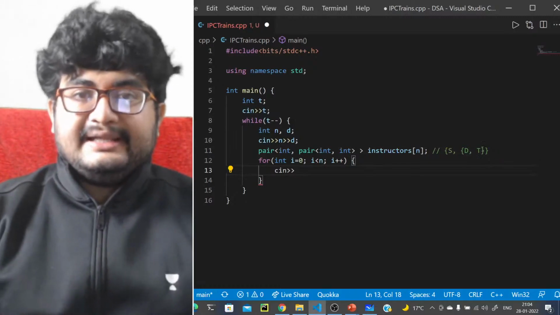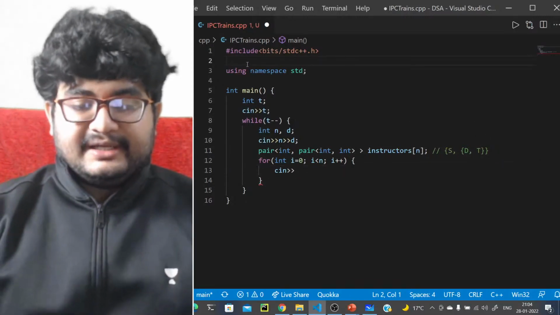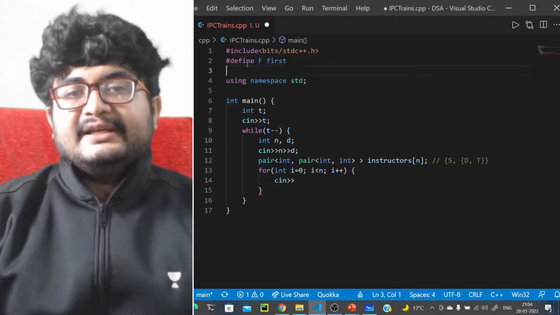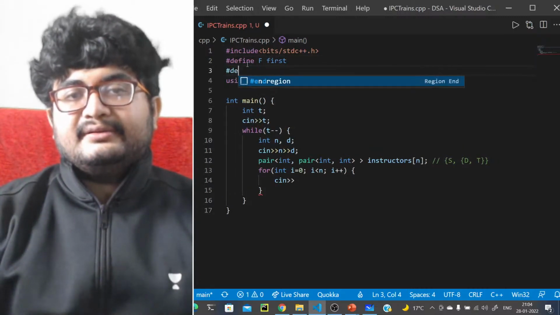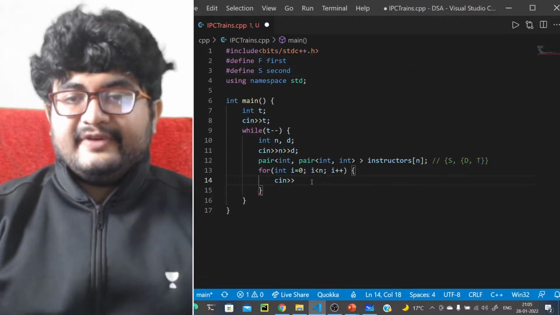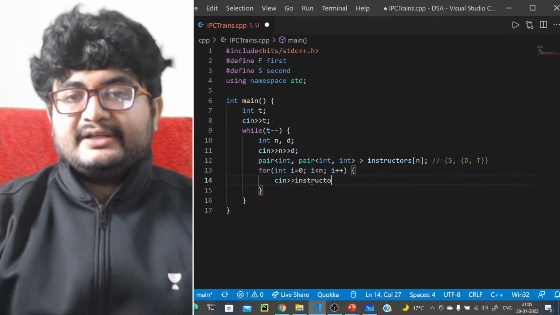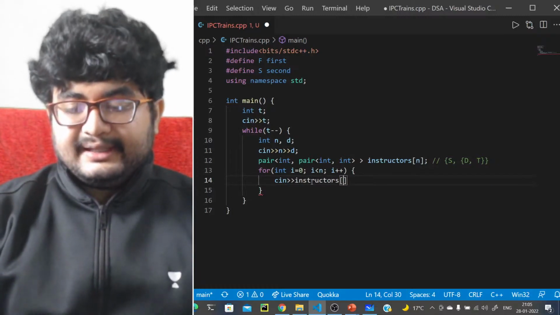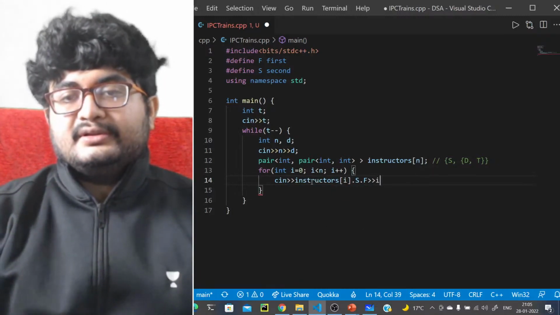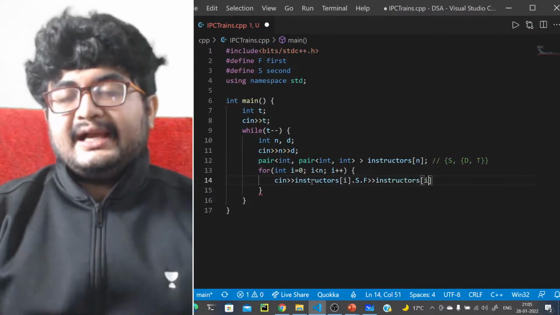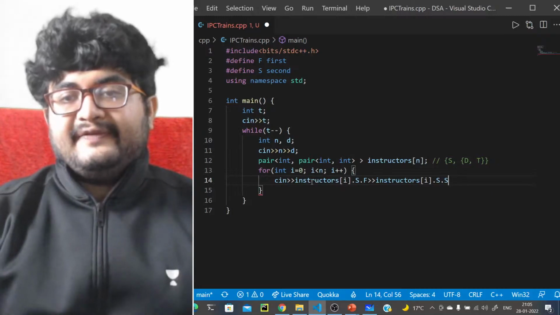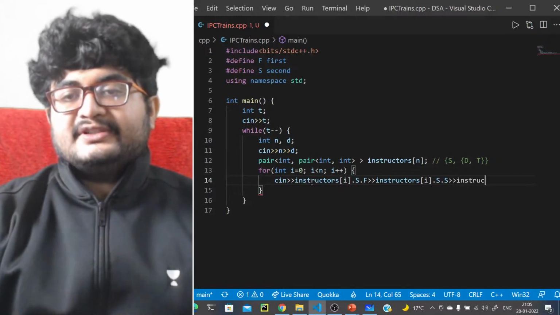Let's define a few things first to make things cleaner: hash define f as first, hash define s as second. So cin first will take instructors i dot second dot first, instructors i dot second dot second, and finally instructors i dot first.